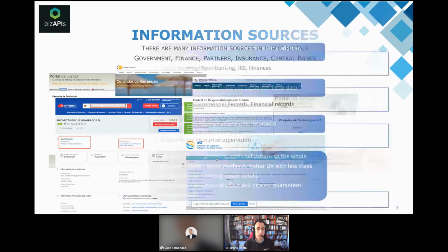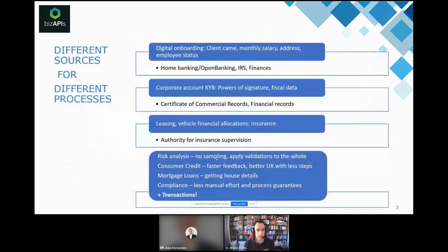Now, different processes inside the company may need different sources of information. So we were talking about digital onboarding, where you can get the client's name, his monthly salary, his address, his employee status, and perhaps you can get all this information if you ask the client for some different information, like access to his home banking or permission to access some open banking site.